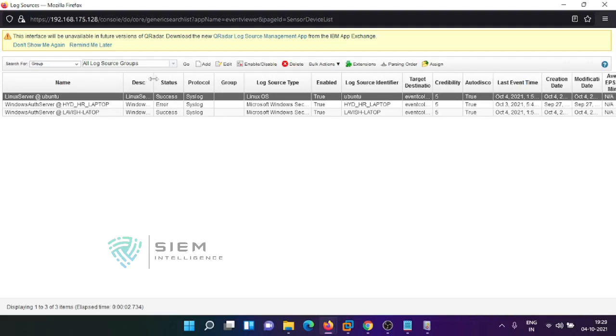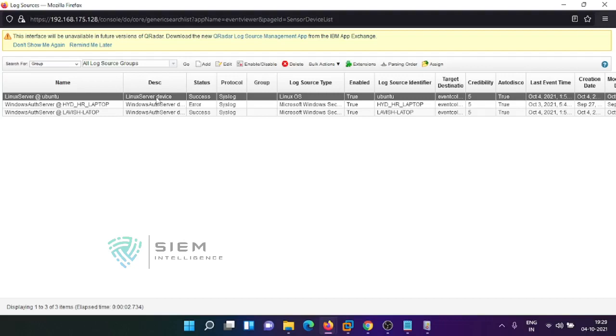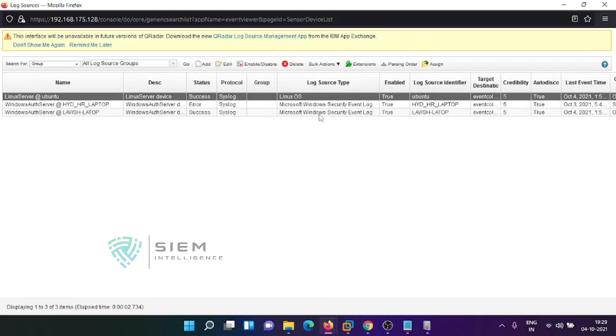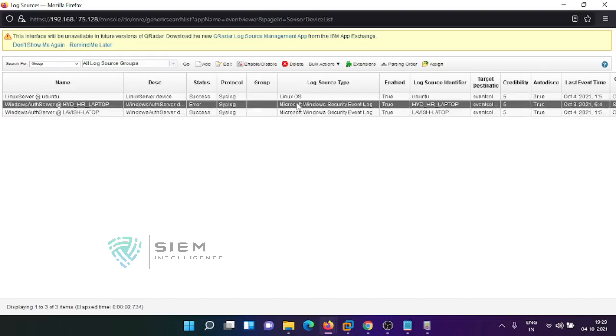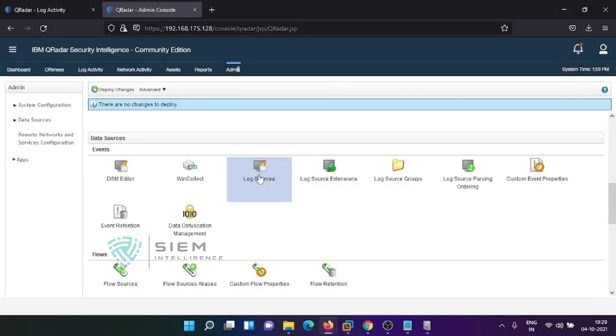and from this particular generic DSM, it has automatically converted, and the log source type is Linux OS. It was automatically understood by QRadar. So earlier we also tried something like Windows security event log, automatically detected. Got it? And at the same point of time, this one also was automatically detected. As I told you, whenever you added something like WinCollect managed edition, see, this was the WinCollect managed edition, it is automatically detected. So like that, you can come to know what different log sources are automatically detected.